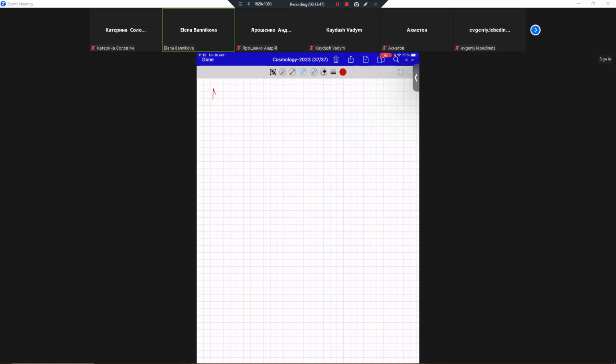If we have a vector, which is a tensor of the first rank, and we would like to find the covariant derivative by the coordinate x with index l, what will it be? It's just a partial derivative, as this one, plus